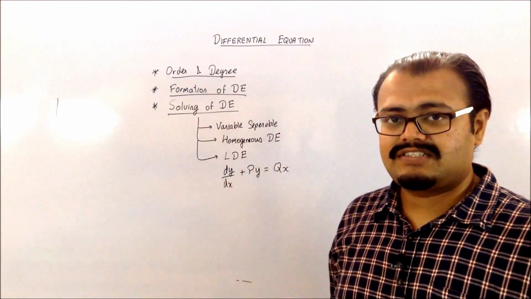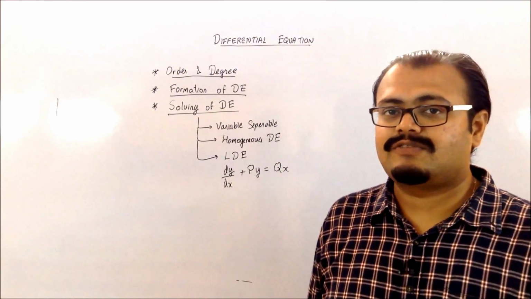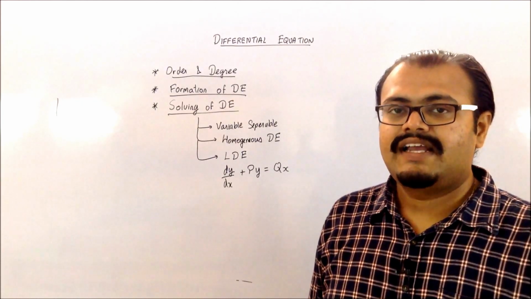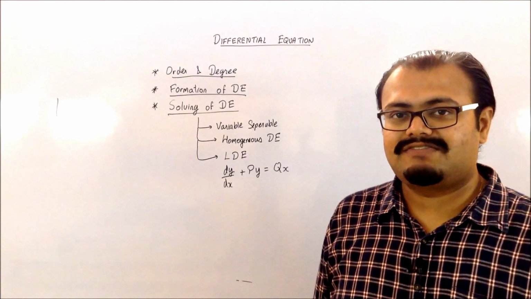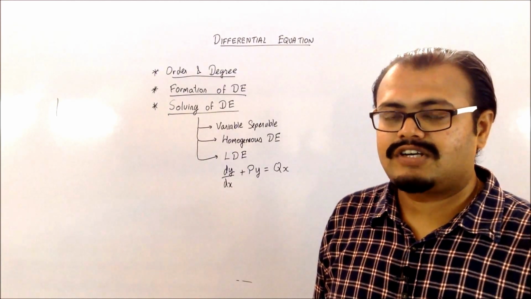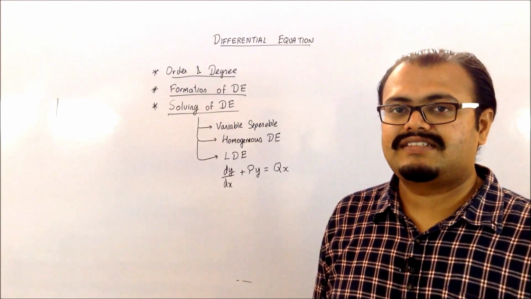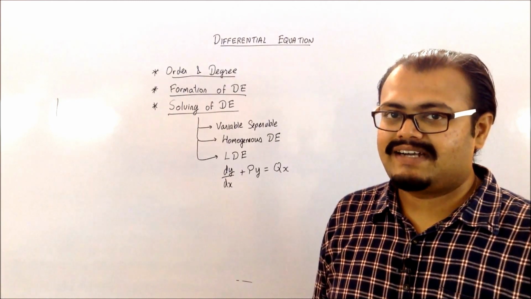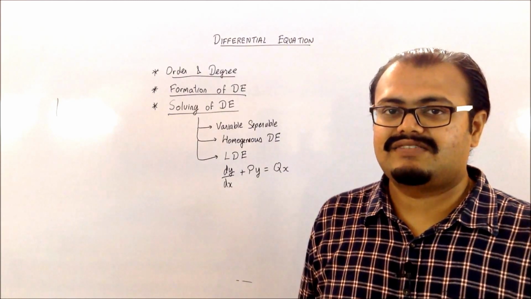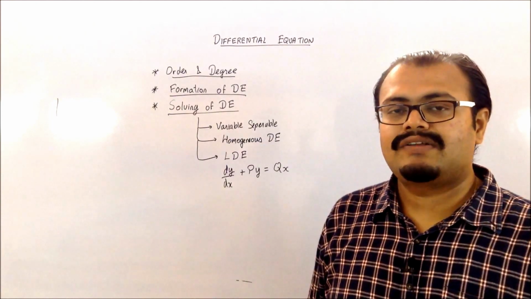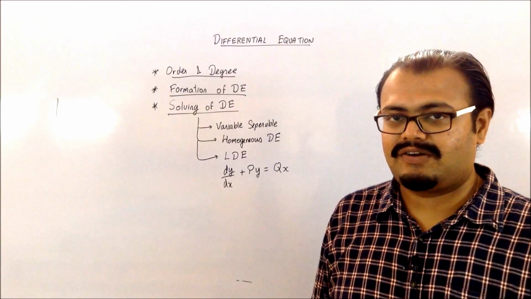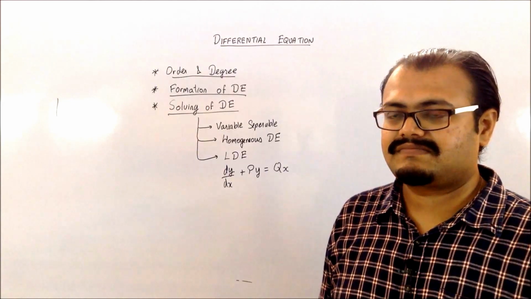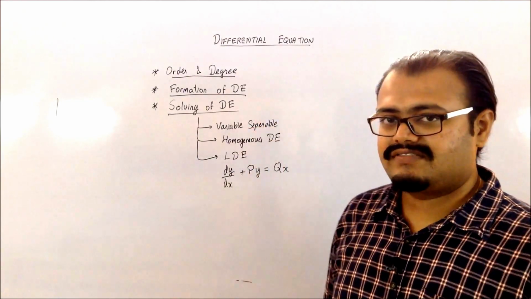Next one is my formation of differential equation. Now while forming a differential equation, they will be giving you some equation in y equals form, and then you have to find what will be the differential equation for it. So you have to remember that the number of arbitrary constants is the number of times you have to take the derivative of that particular equation. So arbitrary constants are basically the a, b, c which are being given in that equation. So depending on the number of arbitrary constants, you will be taking that many times the derivative of that particular equation.